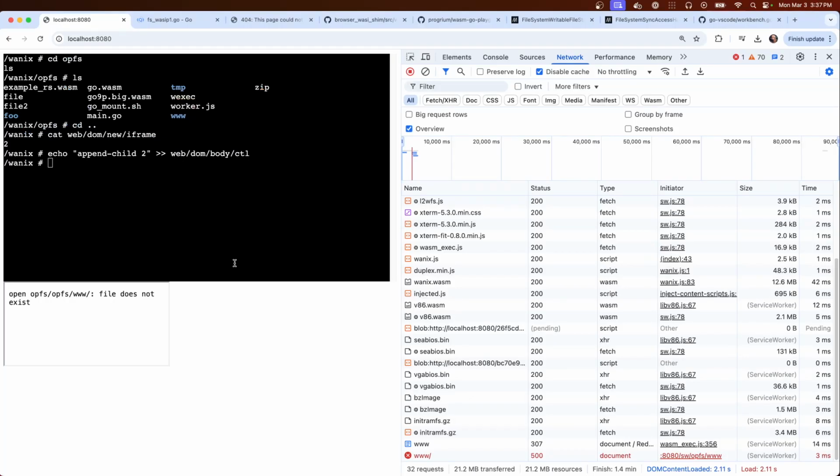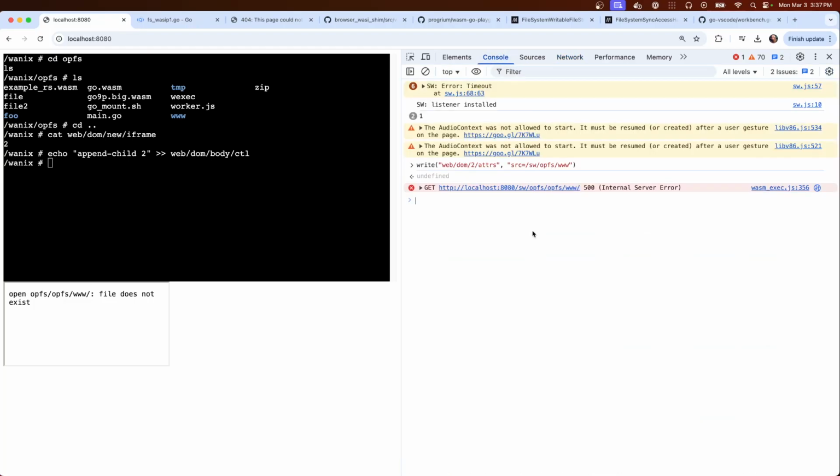I don't understand. OPFS, OPFS. Oh, there's a double. What? Why was it doubled? What?